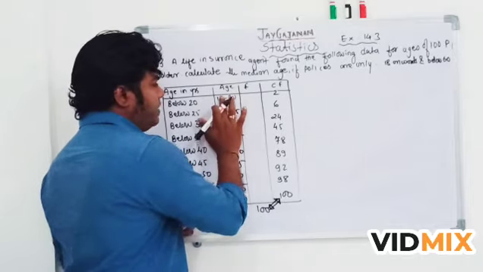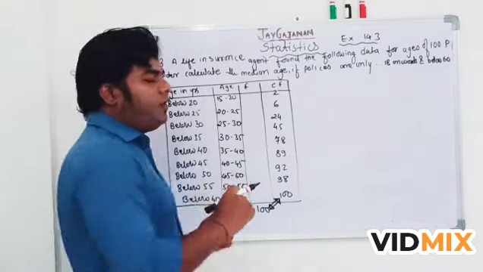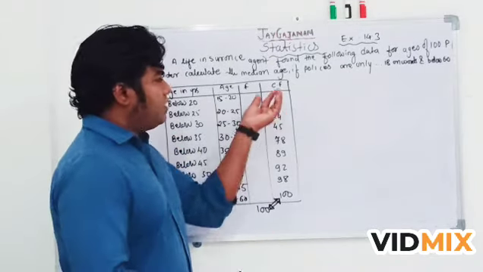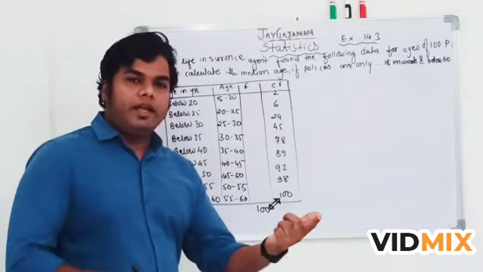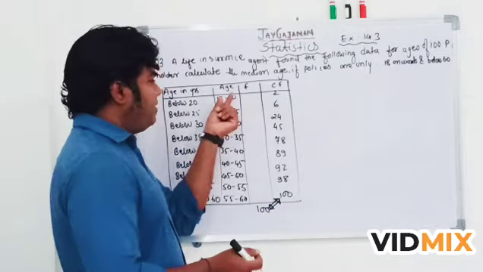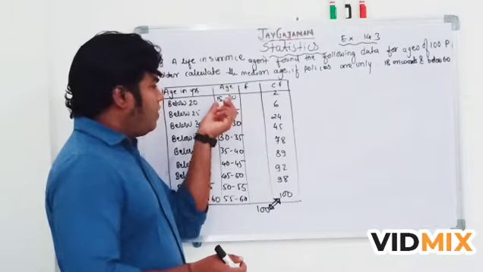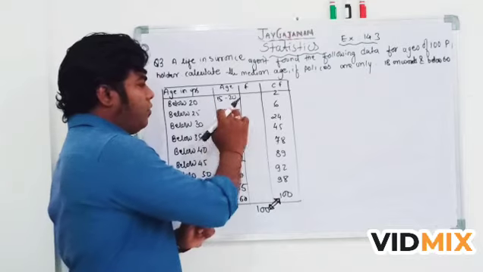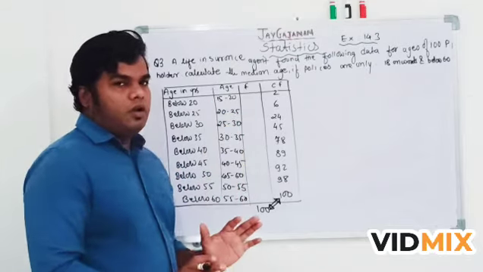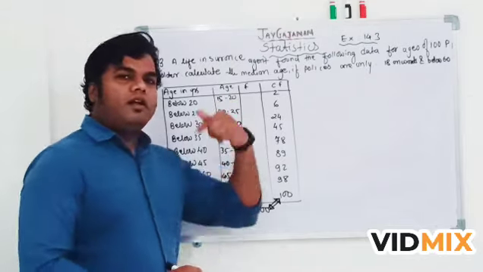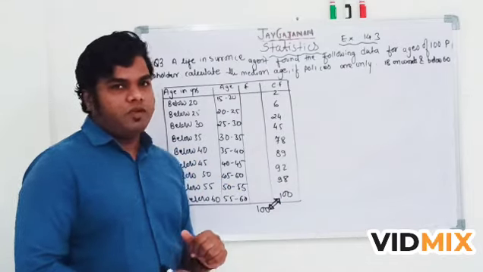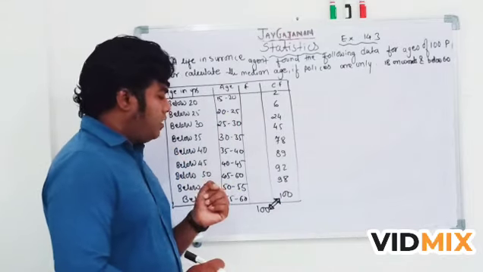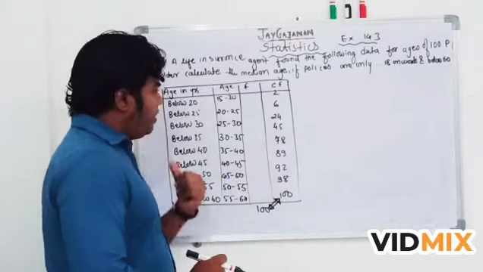So what we'll do, we can just take this as also 15 to 20, because the cumulative frequency is given that in the age 15 to 20 there are 2. Anyway, it will not matter, it will not affect anything, but we can write 15 to 20, 20 to 25 and so on. Since here we have taken ages above 18 only, that will not matter a lot. Anyways, so now we have prepared the ages.